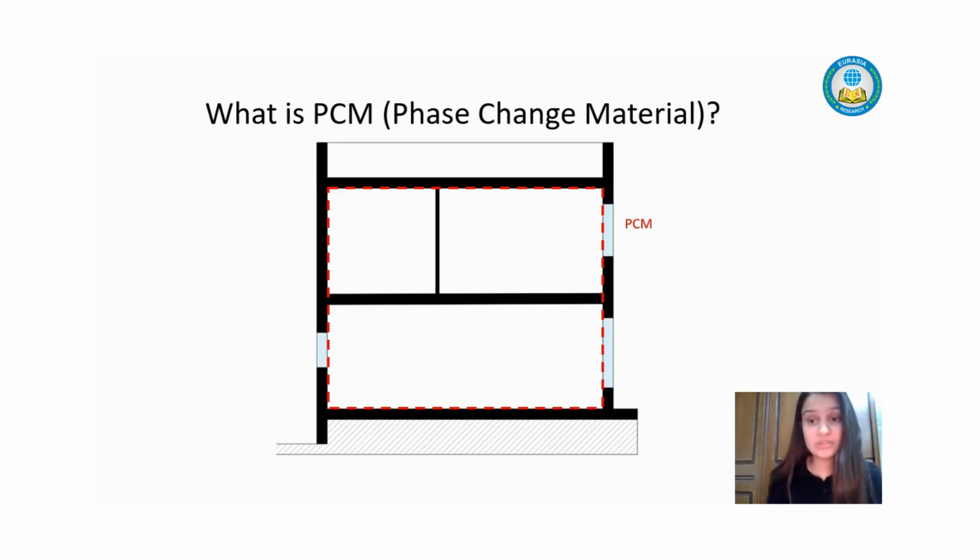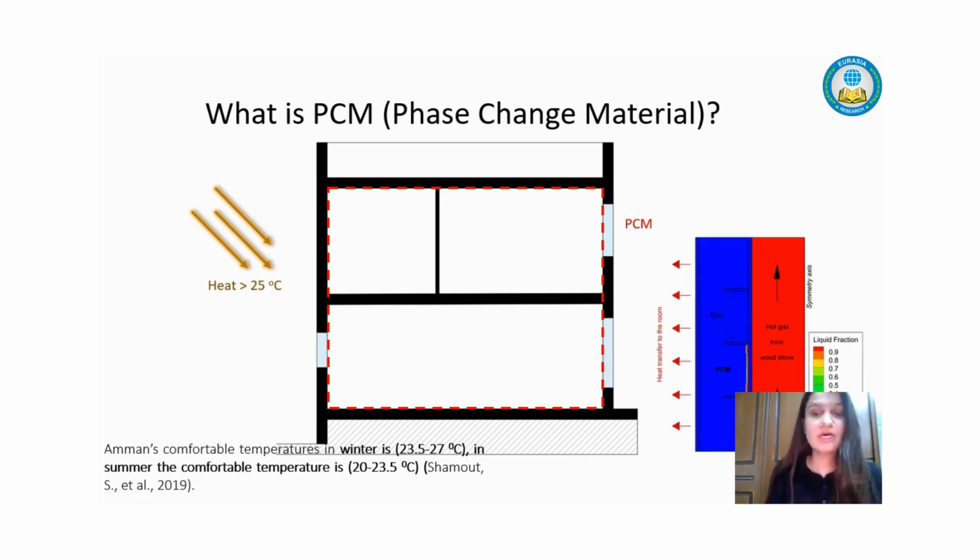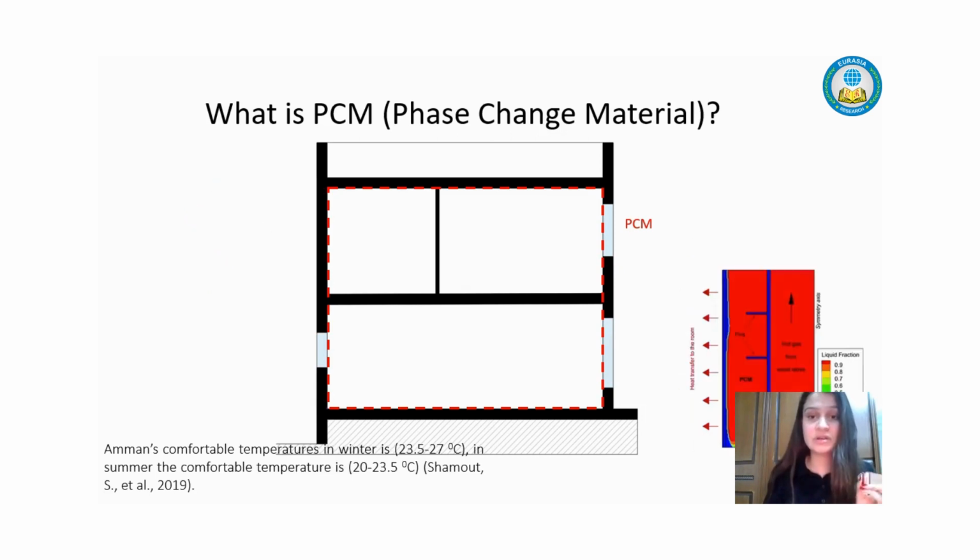How would it work? When the phase change material or the envelope of the building is exposed to 25 degrees Celsius of heat or even more, the phase change material will keep on absorbing the heat, decreasing its entrance into the enclosure, keeping the enclosure at a perfect temperature and perfect environment. And then when it absorbs the heat, just like an ice cube, it will change its phase from solid to liquid.